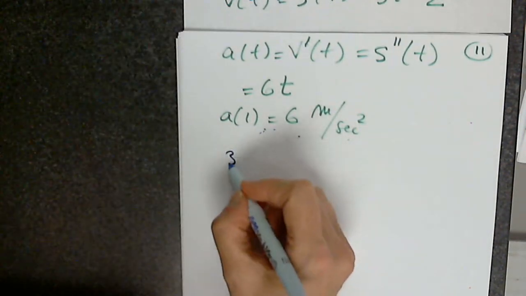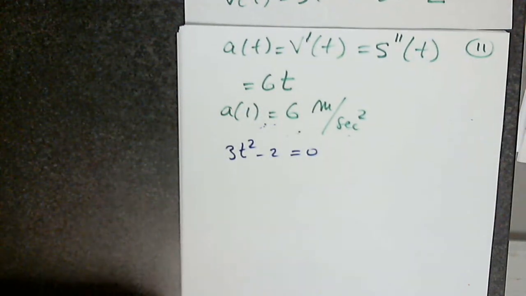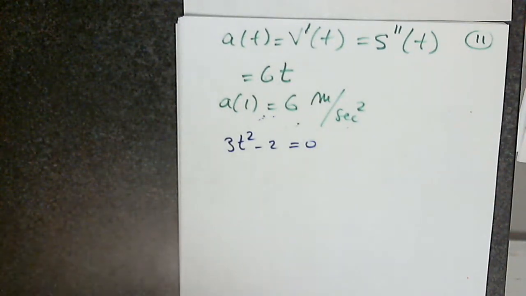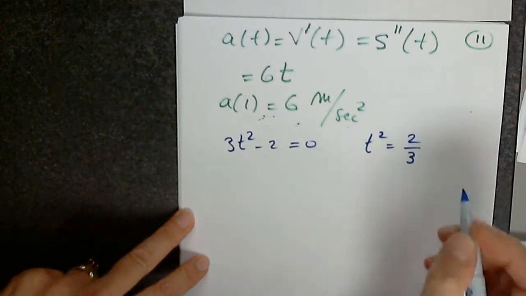Right. So I have to set 3t squared minus 2 equal to 0. How do I solve this equation? What type is it? It's quadratic. How do I solve it? Very good. I isolate x squared, or t squared in this case, to get 2/3, and then,